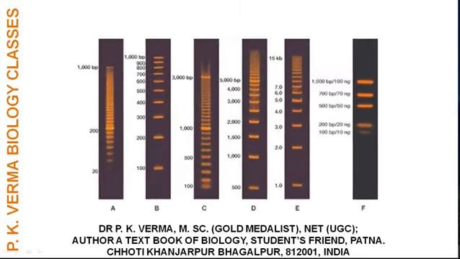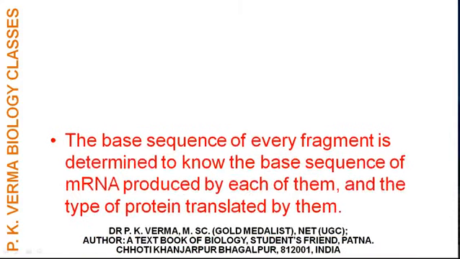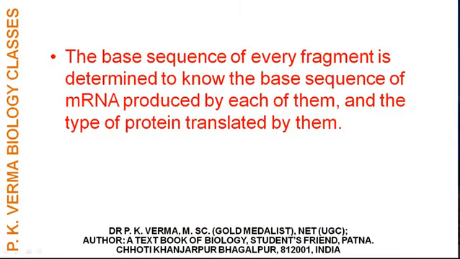In this photograph you can see how different samples have distribution of DNA bands. If there are so many fractions, there are so many bands. If there are only a few fractions, there are only a few bands. These bands can be cut using a scalpel or a blade, dissolve in perchloric acid in different test tubes, and in this way you can get your desired DNA fragment.